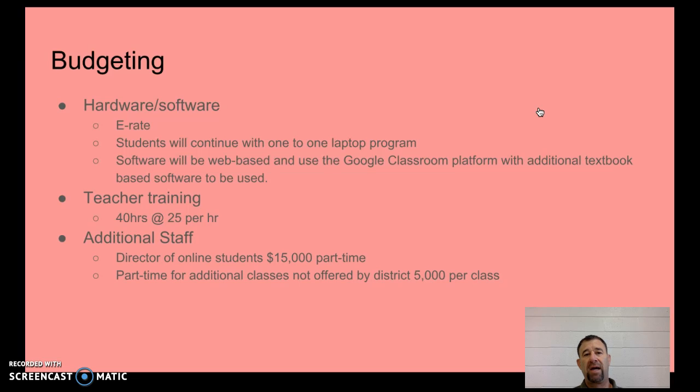And then additional staff. We might be able to as well just use some part-time teachers for this. And this sort of goes back to the idea of district sharing. So if we want to offer a higher level calculus class to our students, and we might only have 5, 6 students within our district that want to take this, but then the neighboring districts have the same, we can pool those resources and pay a part-time teacher to offer this class.